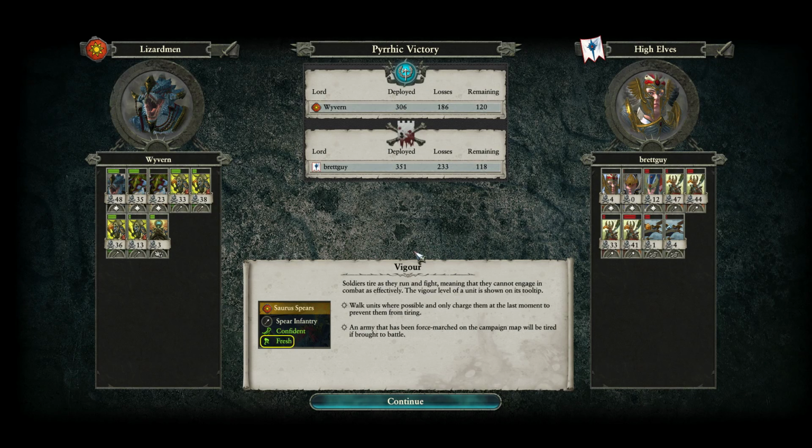So, is this a functional build? I actually do believe that although this is, in a sense, a gimmicky build, and you can see the losses were pretty even on both sides, I do actually believe this is a solid and workable build against High Elves, because this is about as good of a comp as the